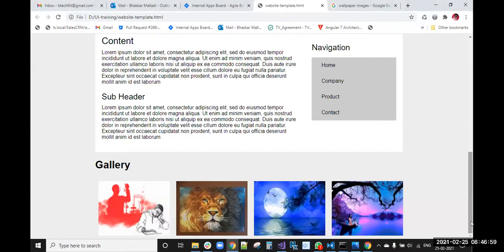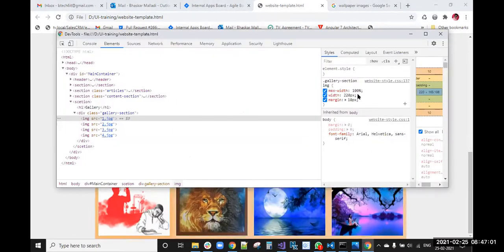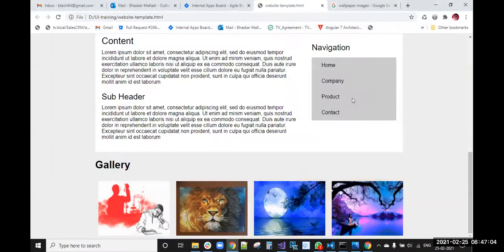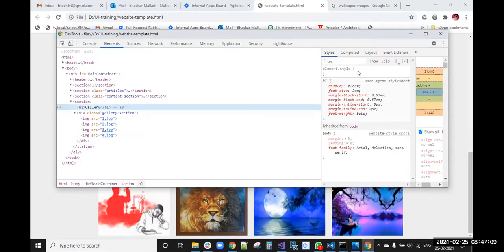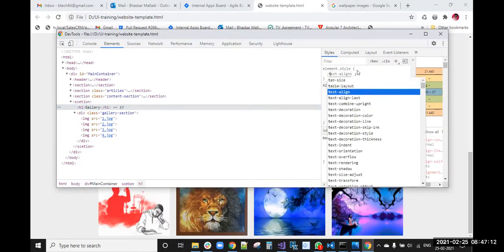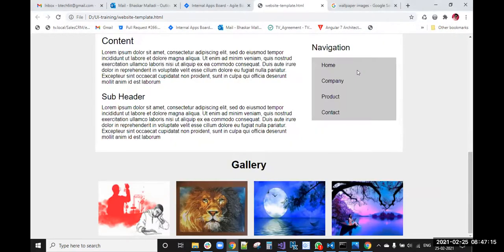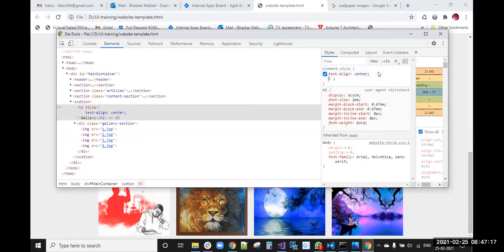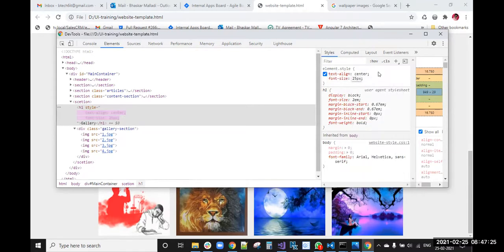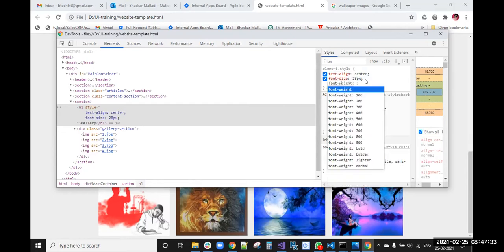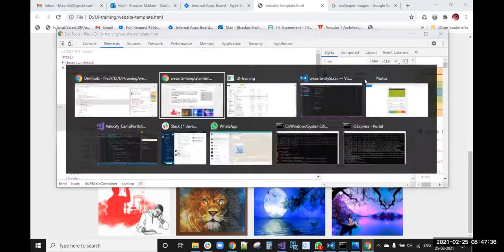Okay. And this H1 also, text-align center we will make. Already center is there, right? The text-align center we will make. Then the font size 25 pixels, and font weight normal. Okay.